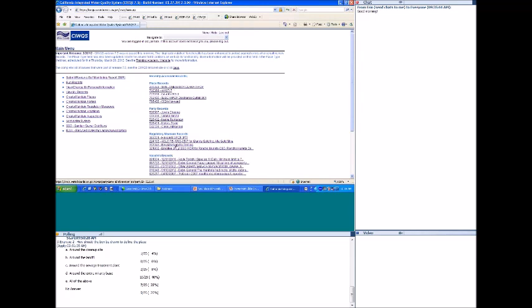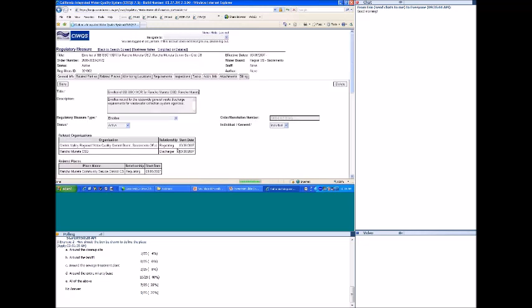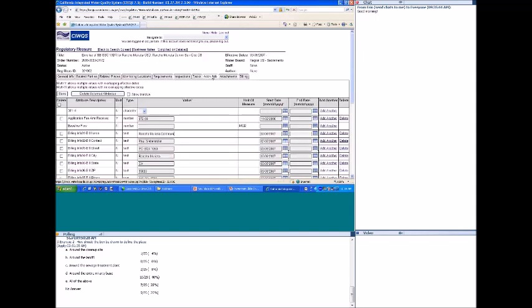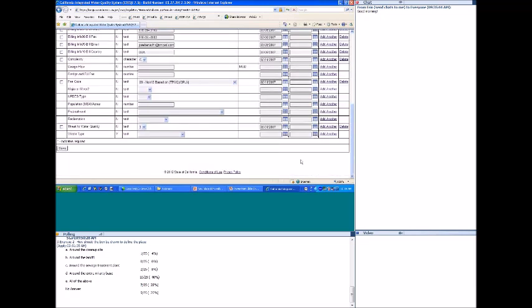So as I mentioned, it is in the regulatory measure module. I'm just going to pick out any record just to show you where it is and show you the options there. So here's your regulatory measure record. You go down to the additional info tab, and then scroll down to the W's, and you have this waste type field.